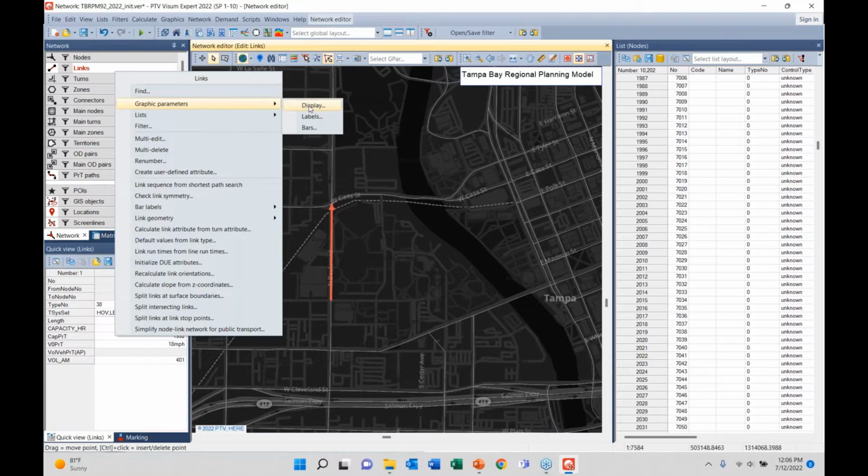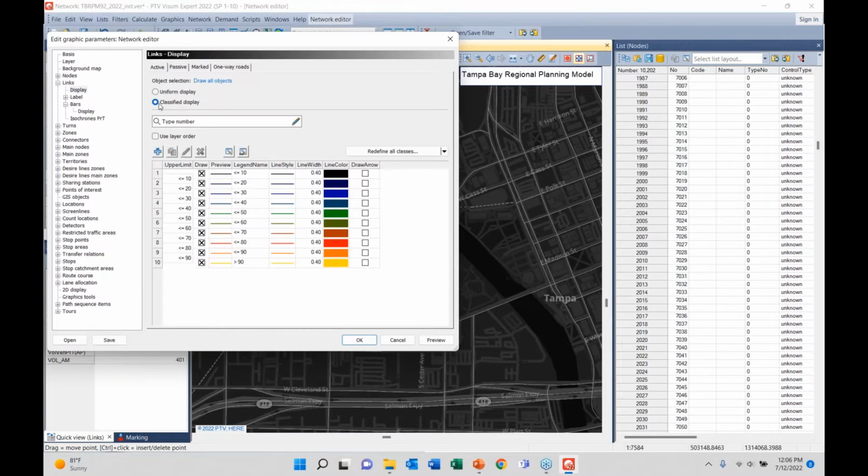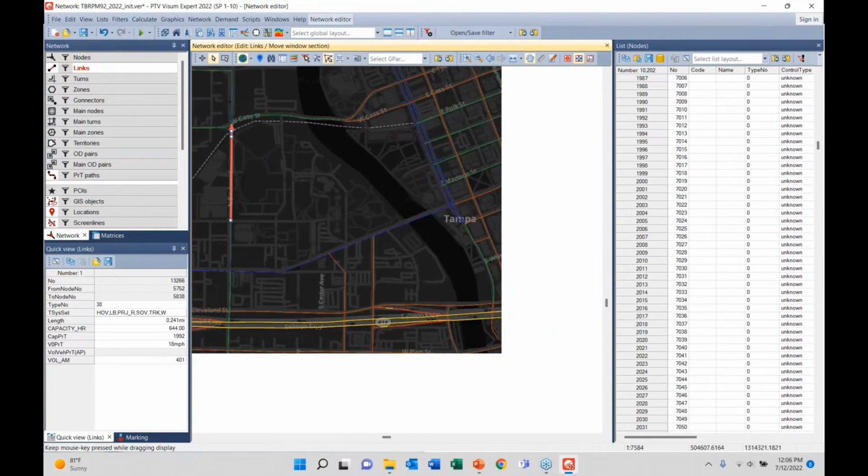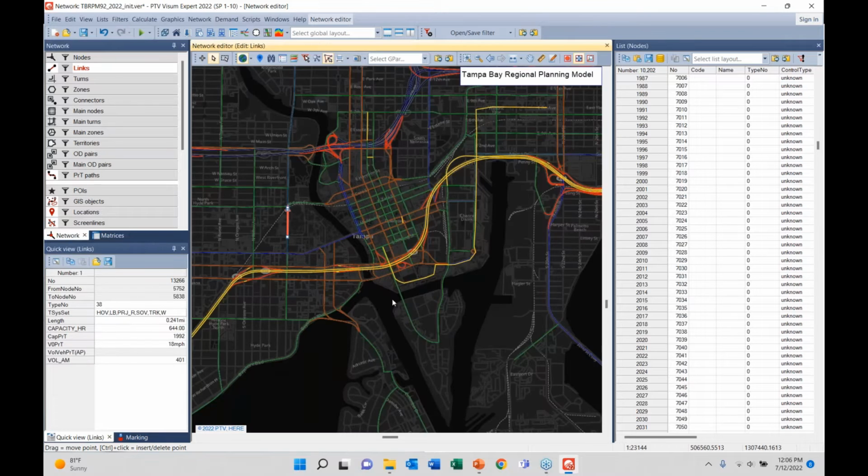So if we come into graphics and go to display, switch over to classified display, and then hit preview, we can see all the different links based on their link types, right? Now, what are these colors? Here we have a legend up in the corner. If I left click on this legend button,